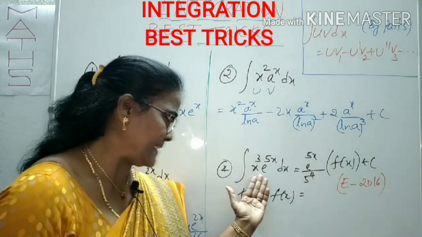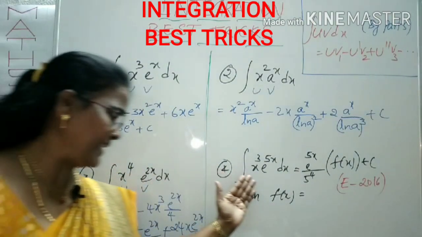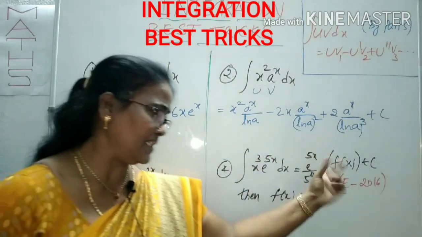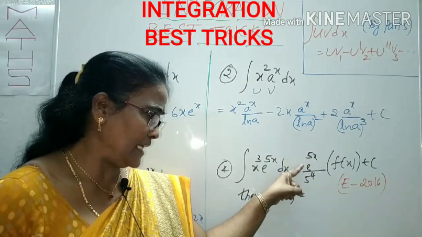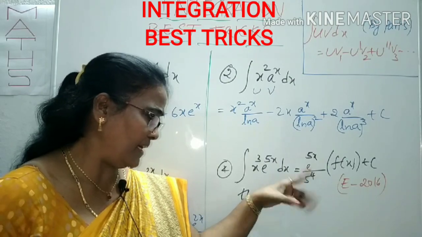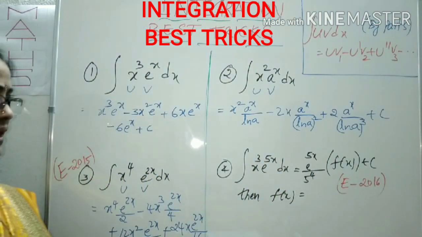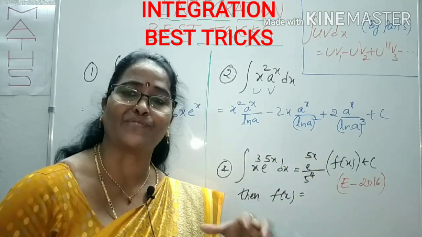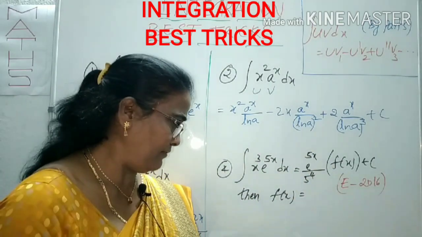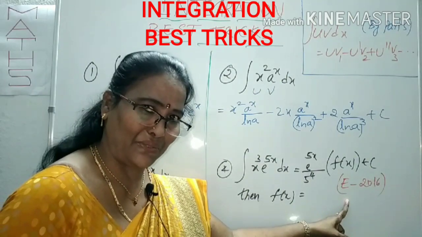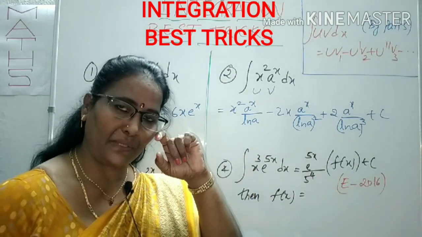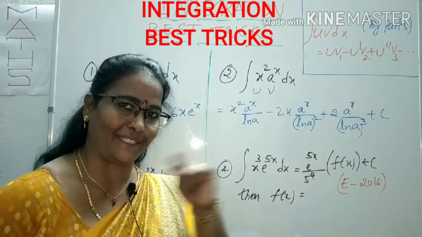What is there here? Same way. In place of x power 4, x power 3 is there, and e power 5x is there. He has given the answer in place of f(x). He has taken e power 5x by 5 power 4 as common, like when something is common here, you can take it out. After taking the common, you can get the f(x) function, which you can do yourself. It is given in EAMCET 2016. These 4 questions I simply did by using the by parts short trick.